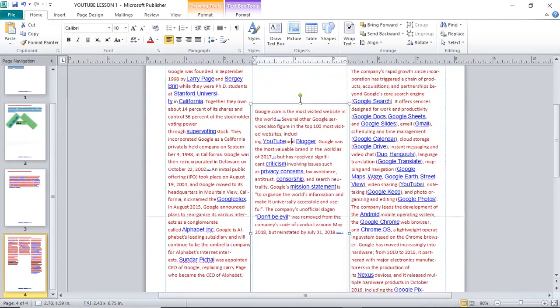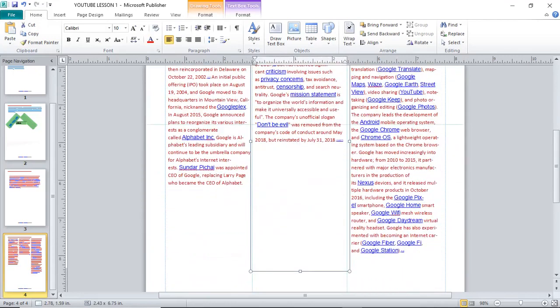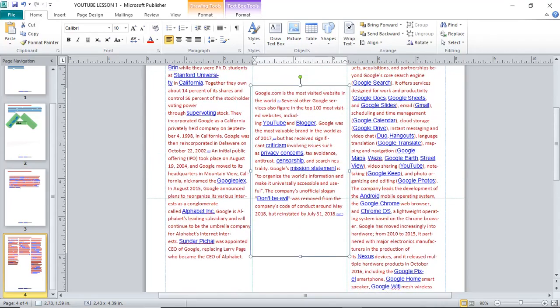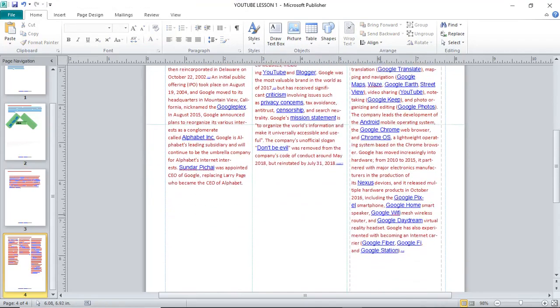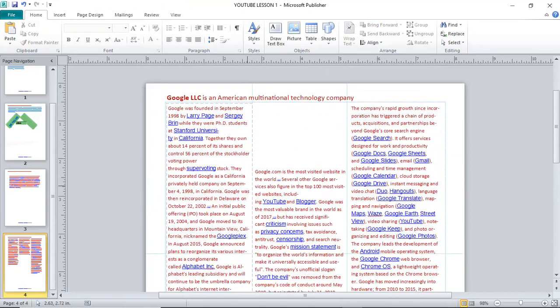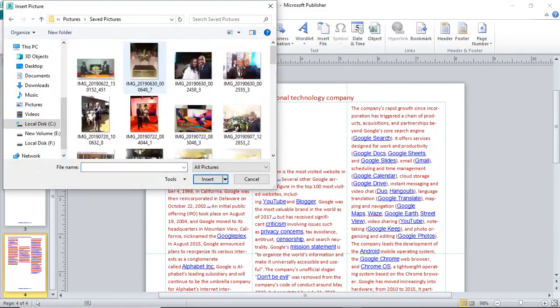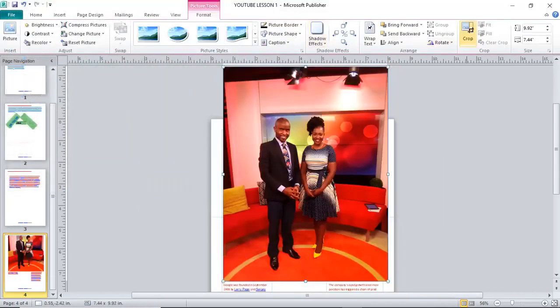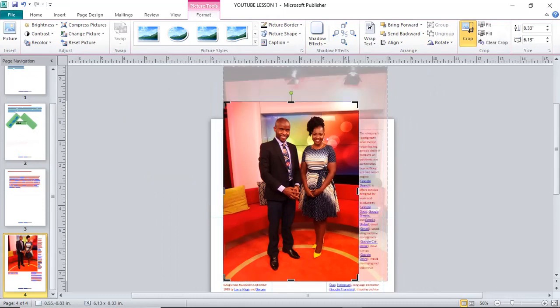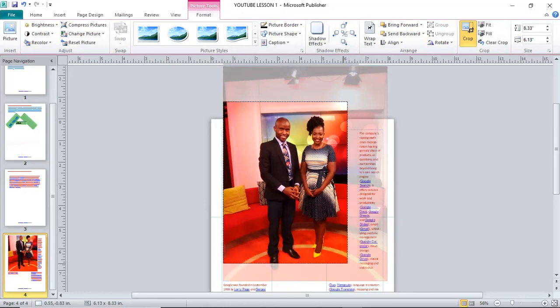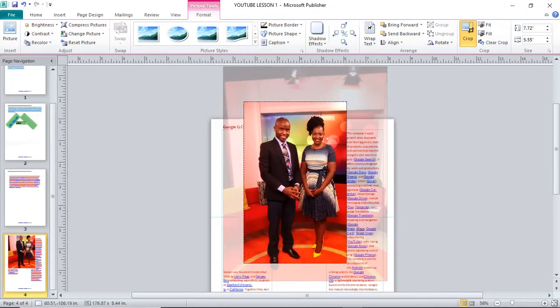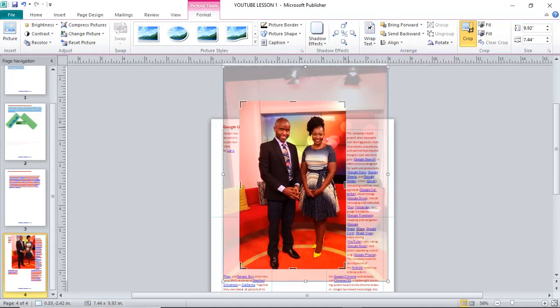But in case I need this one to be pulled downwards a bit, just for pure organization, that way, to look like a magazine. Then I can insert a picture here. Insert picture. Then we can get a picture like this one. Then I can now, this is Mr. Vidambo and Grace, and okay, I can't remember the name of the other. Okay, now having the picture,